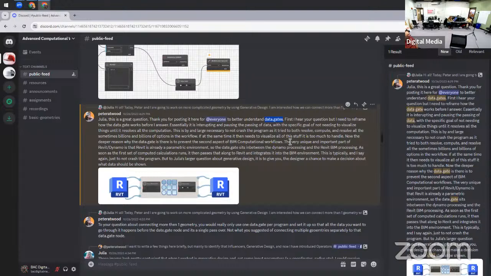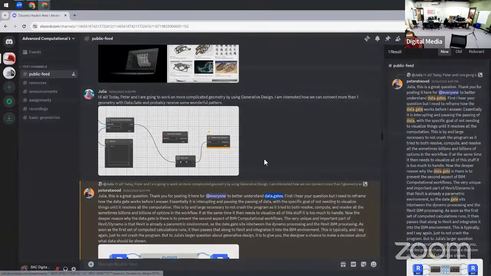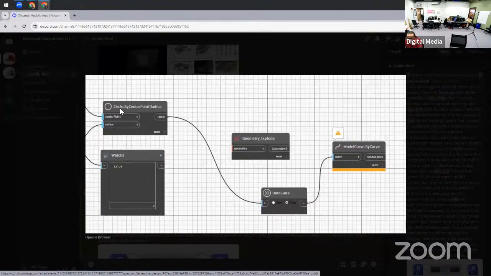Thank you. And I want to leave this right here, but most specifically this, right? We have this circle geometry explode model. This is a very standard view that we've been looking at, right? And I know that you guys posted more views, but this data gate, whether it's open or closed, after I get done talking, I'm going to ask Lauda to respond to this and to speculate on what data gate does and how it might integrate into something you were working on or something that you saw in the public feed that you would like to work on.